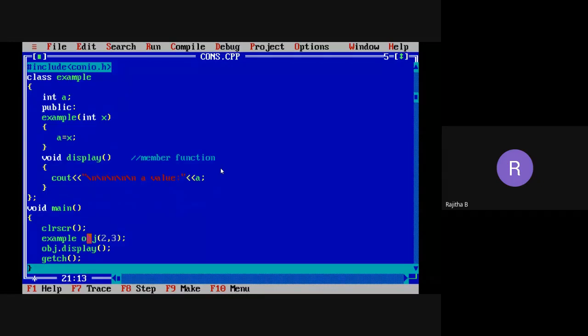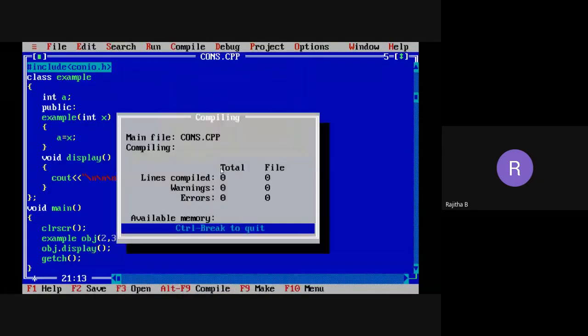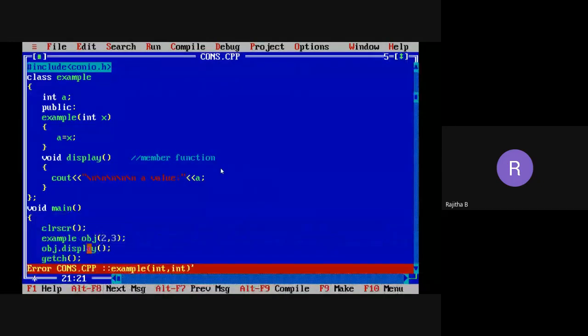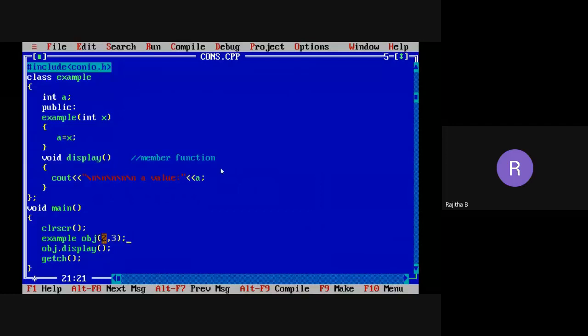Now see the main function. First observe the main function. So I'm creating the object for the class Example, and I'm passing the parameter here.